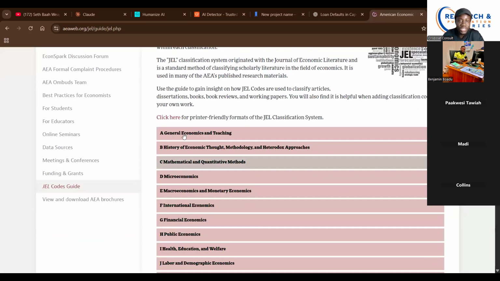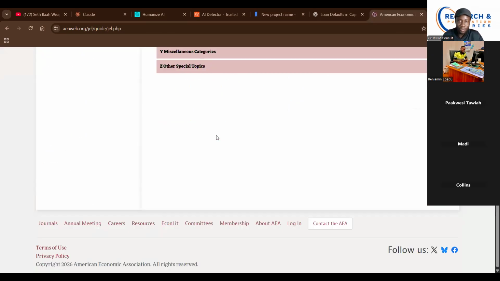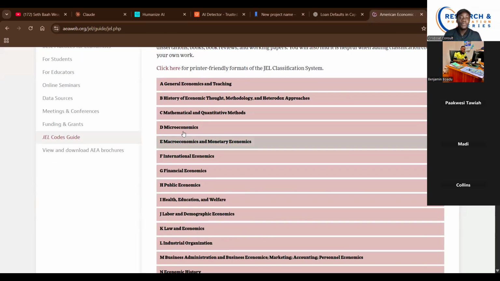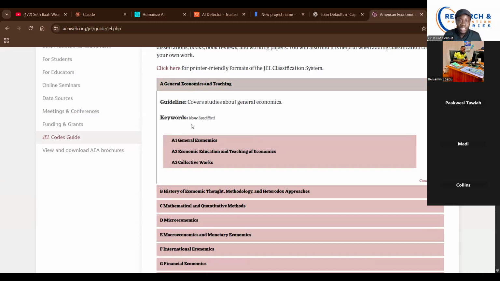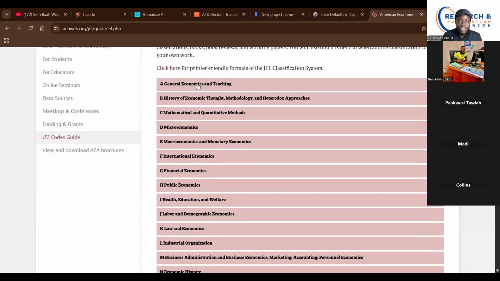So we have A, B, C, D. Each of the alphabets has a breakdown. So if you are working with, let's say, climate variability. So climate variability, you see, we have general economics and teaching, history of economic thought, methodology and heterodox approaches, mathematical and quantitative.